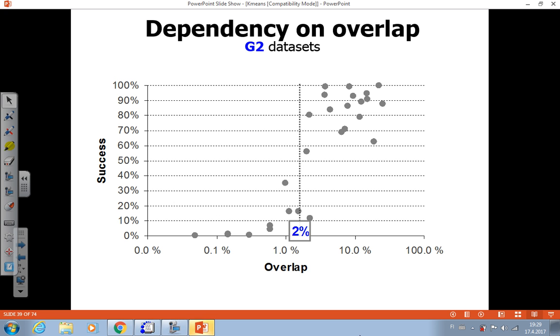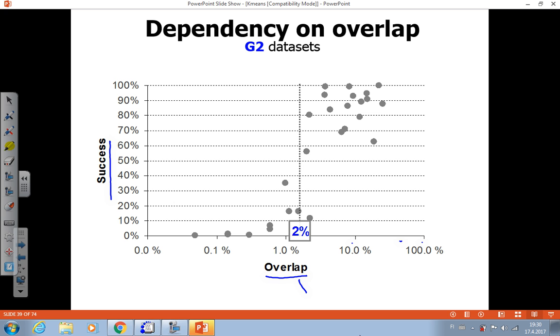Second, the datasets where the overlap is one parameter, which is G2. I did this kind of trick where I took all of the 100 G2 datasets and plotted them according to two variables. First is the overlap, and this overlap is what we measure. It's not the standard deviation parameter, but the measured overlap of these datasets. So I put the data points according to whatever overlap value they have, and the second parameter is the success rate. For each dataset, we run it 5,000 times, measure the CI value, and see how many times it gets zero.